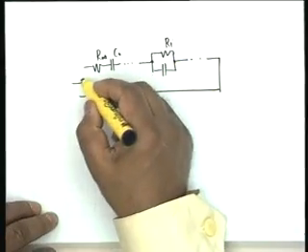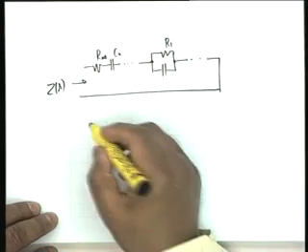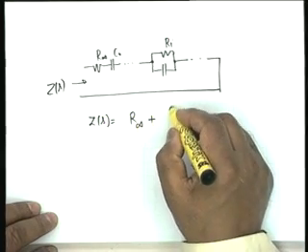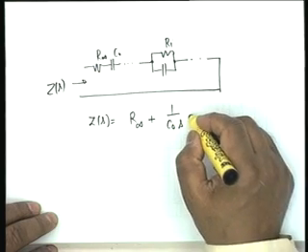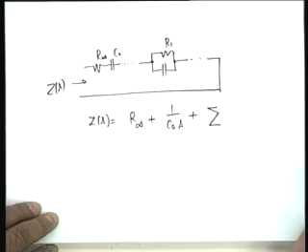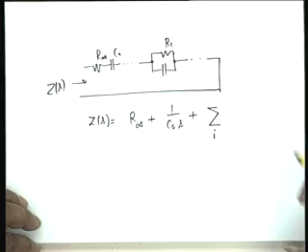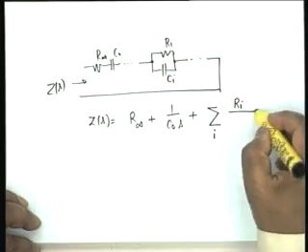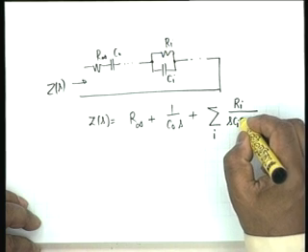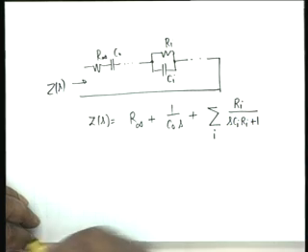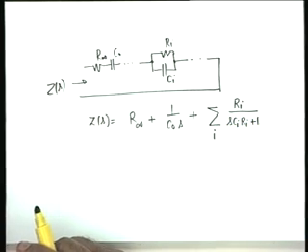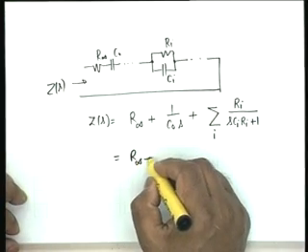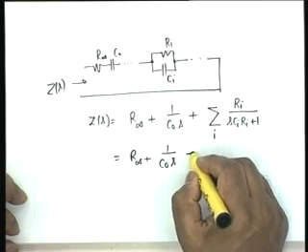If you write an analytical expression for this, you see that Z of s is equal to R infinity plus 1 by C0 s plus summation over i. What is the impedance of this? If this is Ci, Ri, it is Ri divided by s Ci Ri plus 1, as simple as that. Ri parallel 1 by s Ci is this, which I can write as R infinity plus 1 by C0 s plus